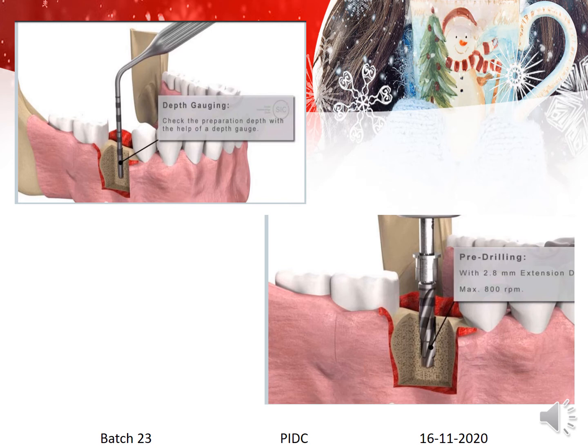Once you have gone to the desired depth, you check it with the help of a depth gauge, where the preparation depth is checked. You can see whether it is parallel to the adjacent teeth, whether it has shifted to either side, or if the proper depth has been achieved. Followed by which you do a little pre-drilling with a 2.8 mm extension drill,